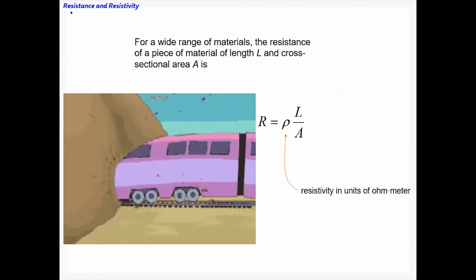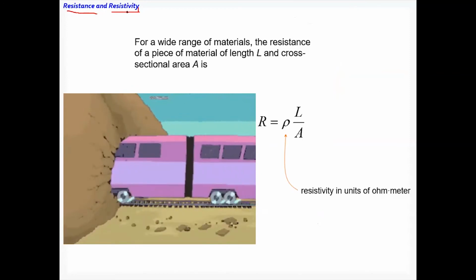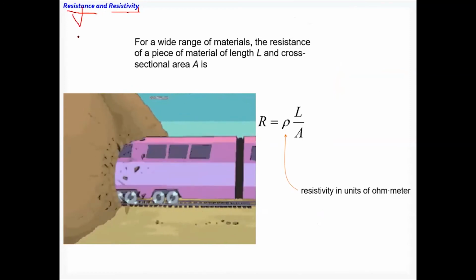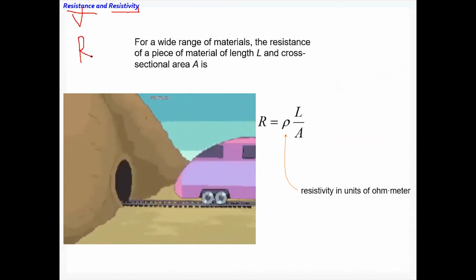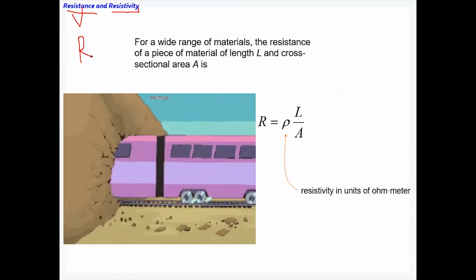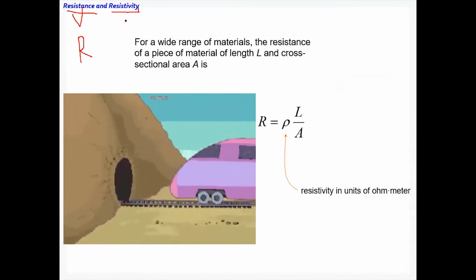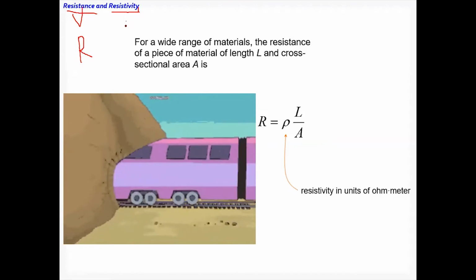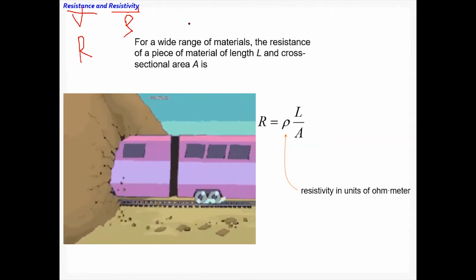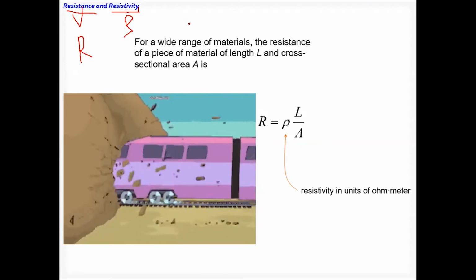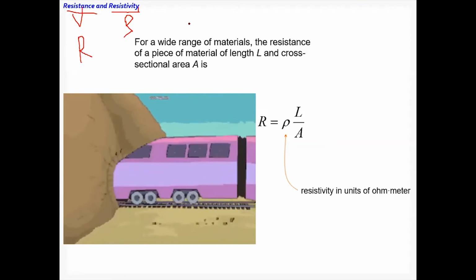Now I'm trying to talk about resistance and resistivity. So we know what resistance is, right? Resistance is defined as the resistance to the flow of current, which is R. Now we have a similar quantity called resistivity, which is denoted by rho. Remember, density is also denoted by rho. So in this case, our rho is not density, rho is resistivity. So what is resistivity?